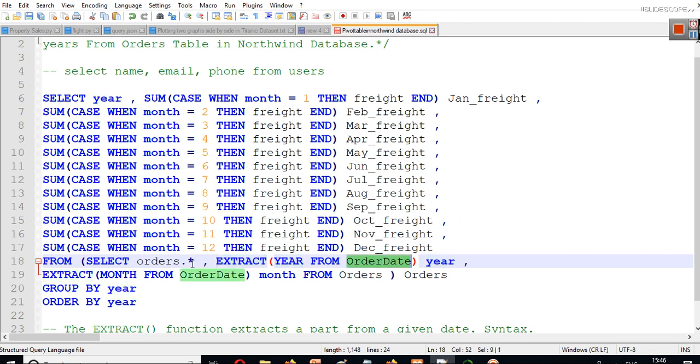So year from order date will mean we will take the year, and this year variable which you can see here is this thing. So first we are selecting everything from orders, and this is extract year from order date as year, and that's why we are putting it here.